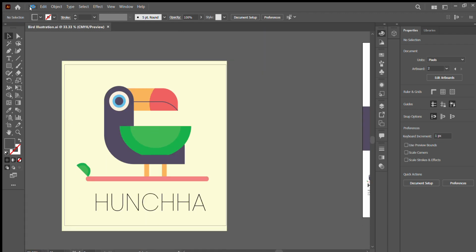So for exporting, I'll be exporting this to the board folder. So for that, let me go to the file, we can go to export for screen, and as you can see, this Artboard 3 is getting exported. Both of them have been selected. So to export them, let me name this. We can name this as logo bird, and we can name